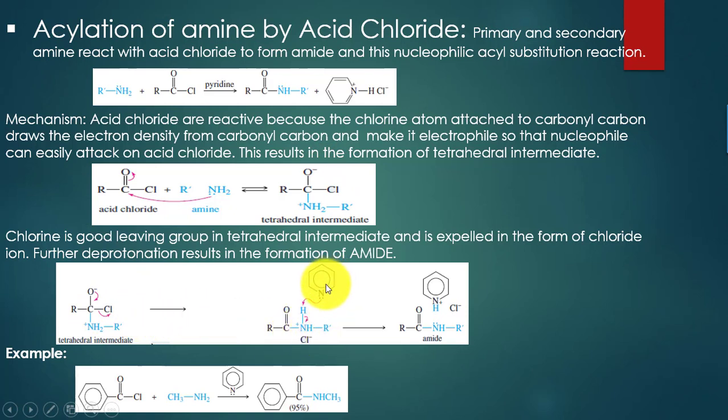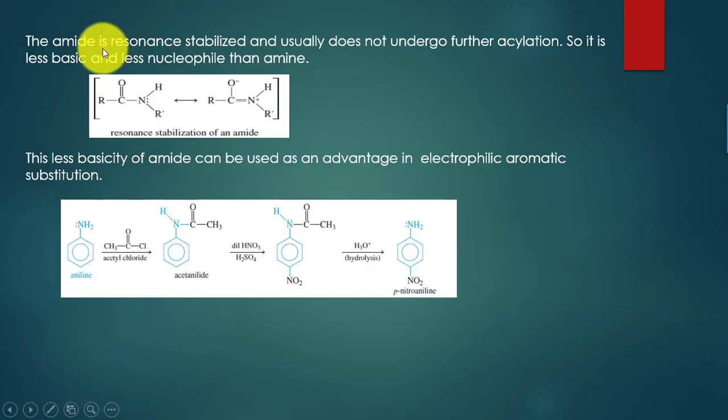In the next step, pyridine or sodium hydroxide will pick up the proton from the nitrogen atom and lead to the formation of amide. And a good amide yield is mostly obtained in this reaction. We say that amide is resonance stabilized and does not further undergo acylation reaction. So it is less basic and less nucleophilic than amine, and this less basicity and nucleophilicity of amide can